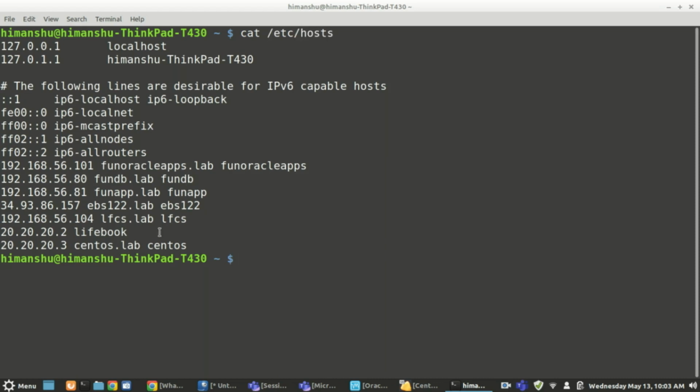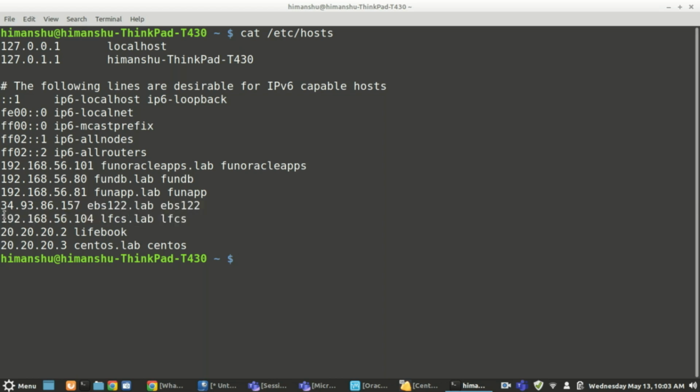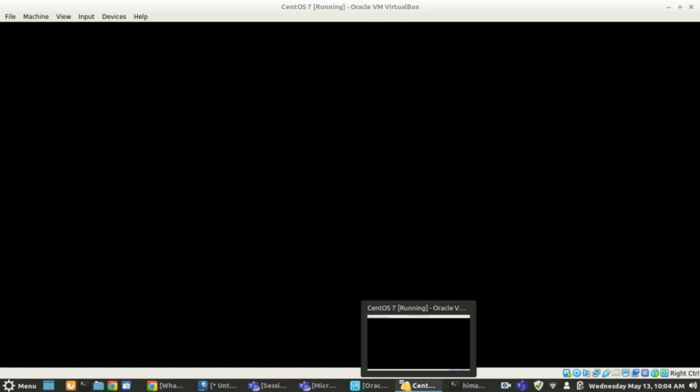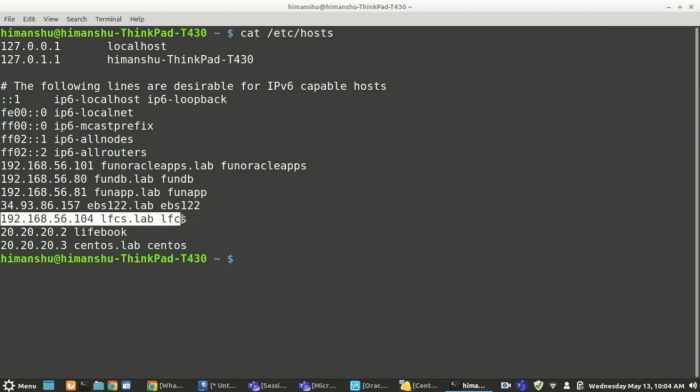Let's say that is my server, my LFCS lab server. This is the server which I am connecting to on this VirtualBox. There are various different servers that I am using, but this is one of them for this particular session. So this is the specific IP address.